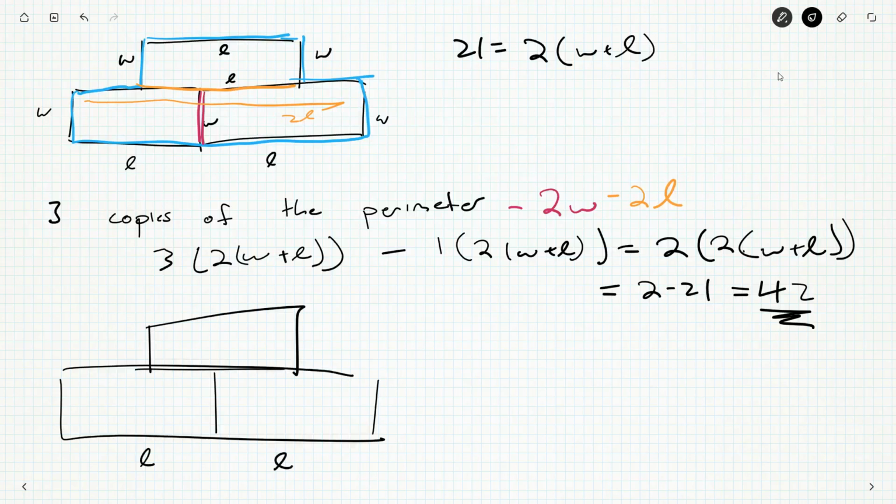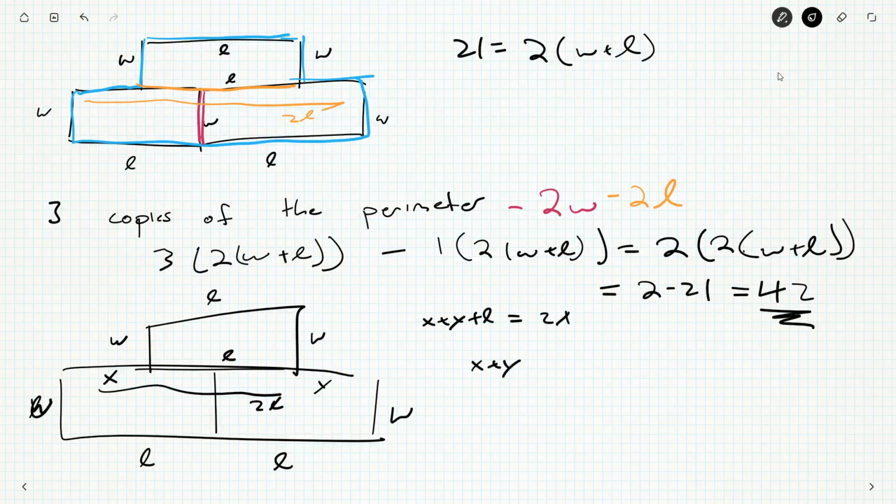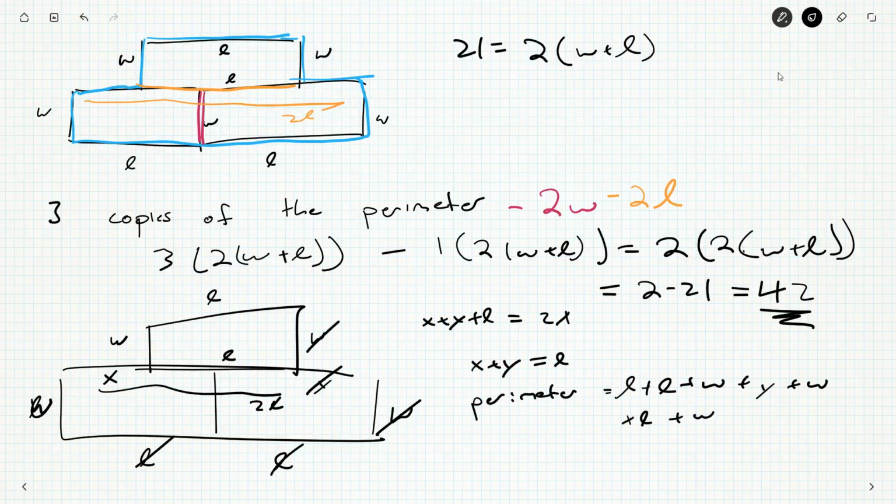We could say, it's L plus W plus W plus L plus W plus W plus this X and this Y. X plus Y plus L is the total 2L. So X plus Y is L, and so our perimeter is L plus W plus Y plus W plus L plus W plus X